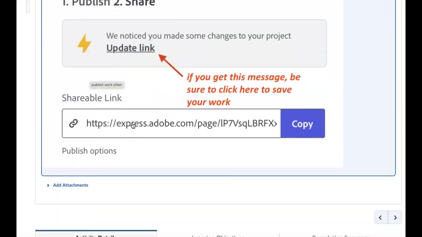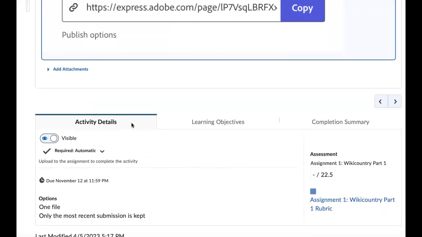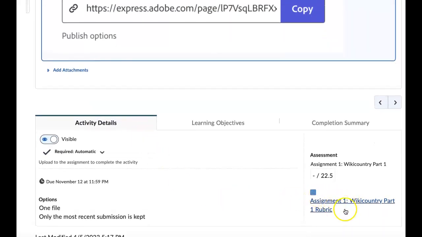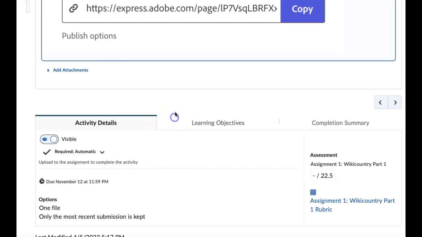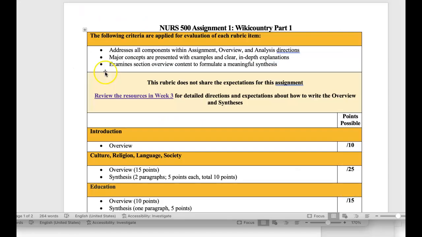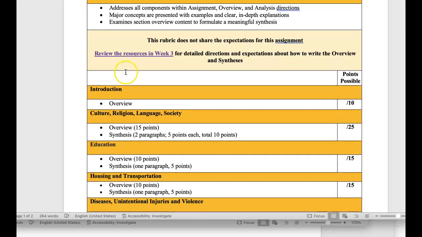Okay, and then as you scroll down, I wanted to show you here, this is where you find the rubric for the project. Okay, and now that we're on that, I did want to go over the rubric with you. I'm just going to pause this for a moment. So this is the rubric. You can see that